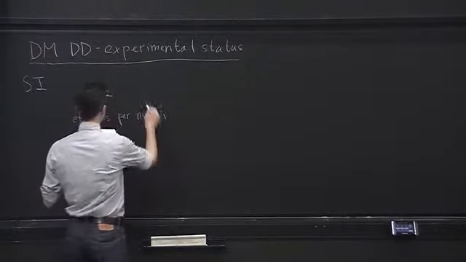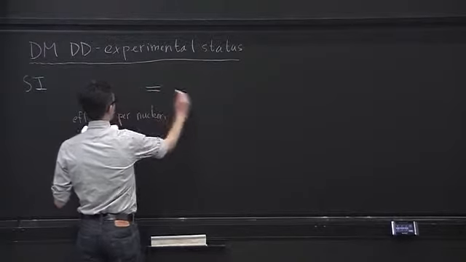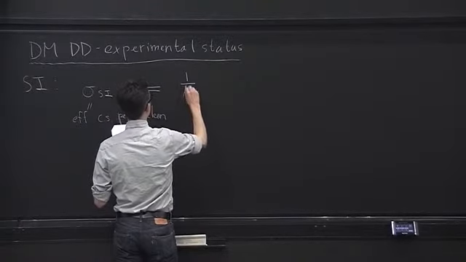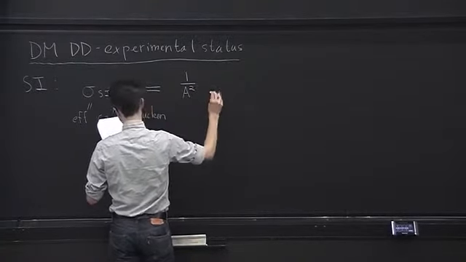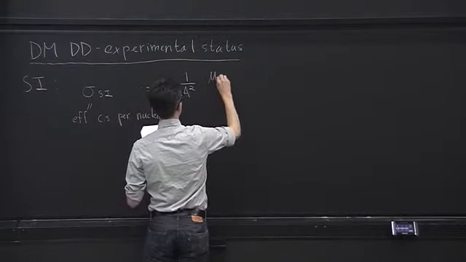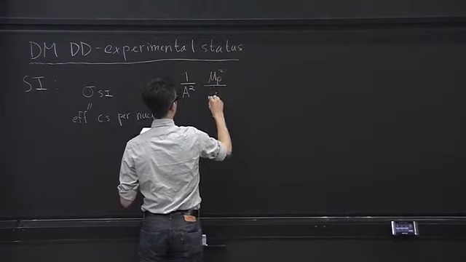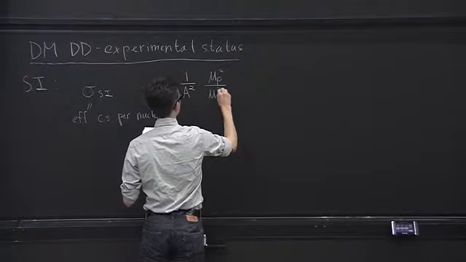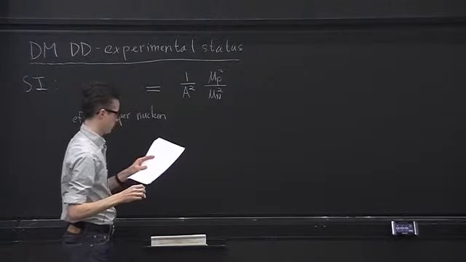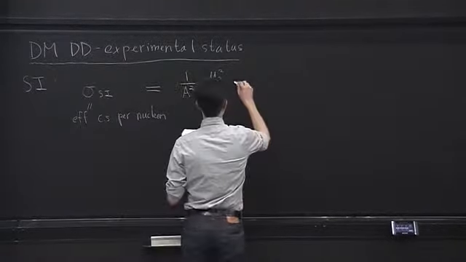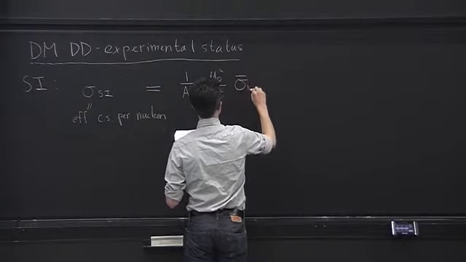And the way you define this is you divide off by A squared. You divide off by an effective nucleon mass divided by the nuclear mass. And then you take the effective